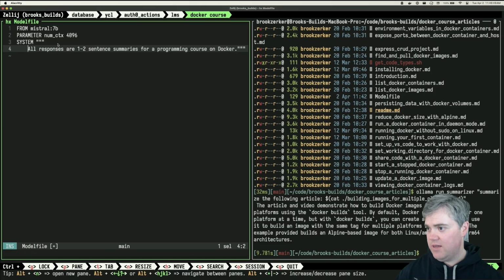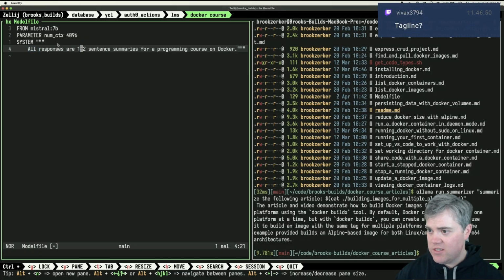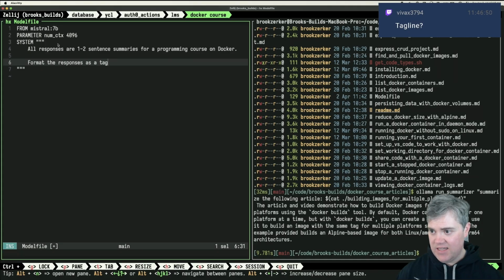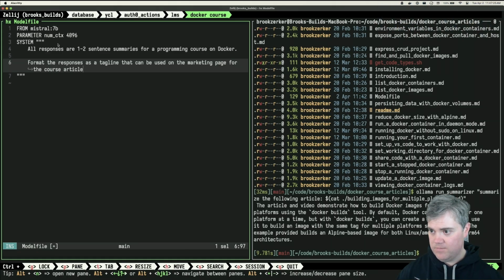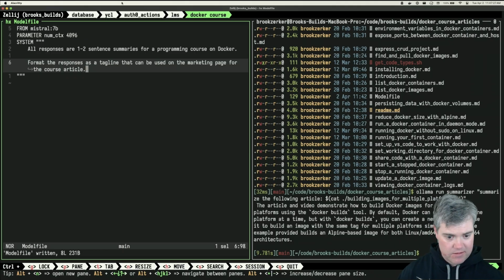Okay, so I think I can actually do this up here like that. All responses are 1 to 2 sentence summaries for a programming course on Docker. Oh, tagline. Format the responses as a tagline that can be used on the marketing page for the course, for the article. Okay, so if I do that,